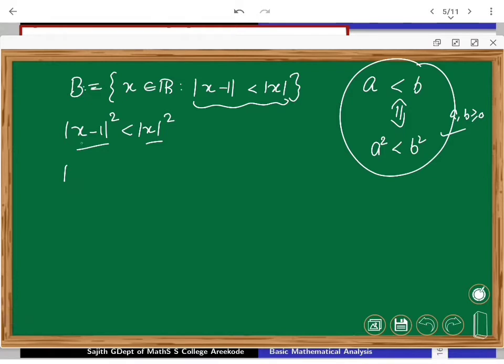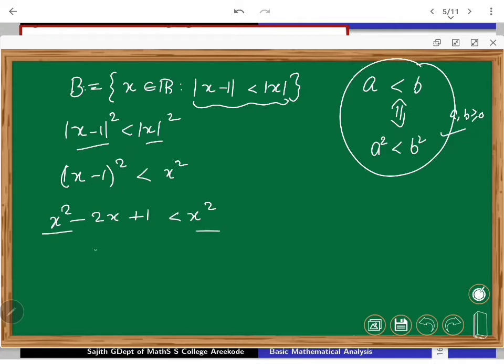But now it is easy. Mod x square is simply x square. So how can I make use of that? So mod x minus 1 square coincides with that, less than x square. Squaring it, modulus will be disappearing. Now things are easy. The left side is actually a quadratic, x square minus 2x plus 1, that is less than x square. Simplifies very well. This goes off.